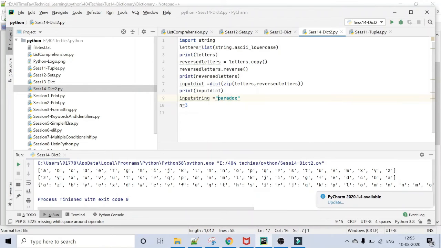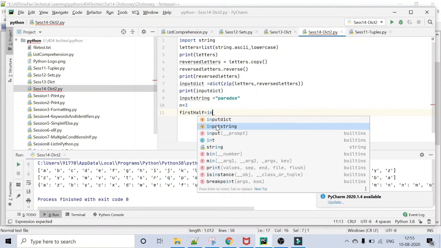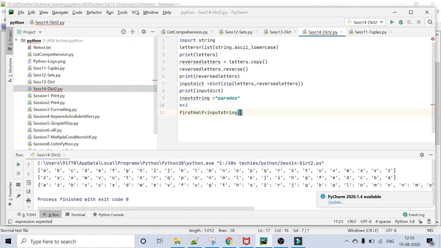So before position 3 we are going to store the characters in another string, first half of string. I take input string up to n minus 1. Since our indexes usually start with 0 and here n equal to 3 starts with 1, I'm giving n minus 1.